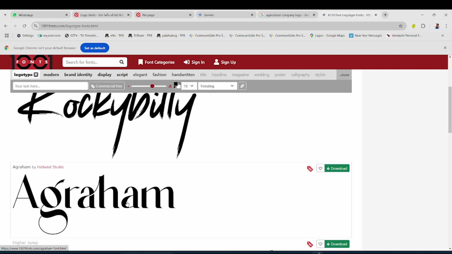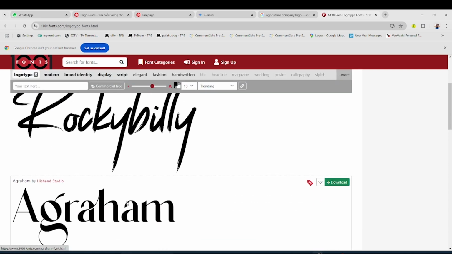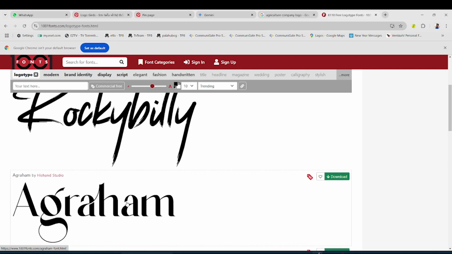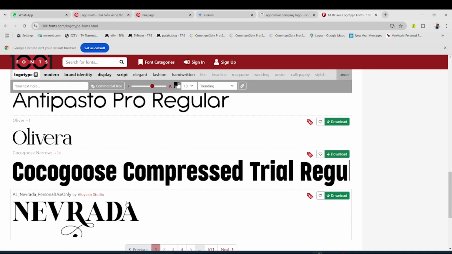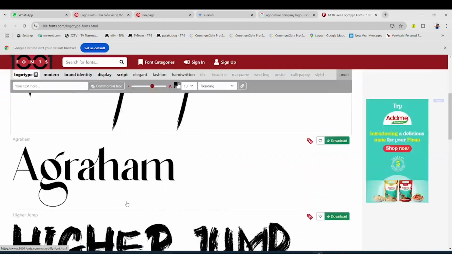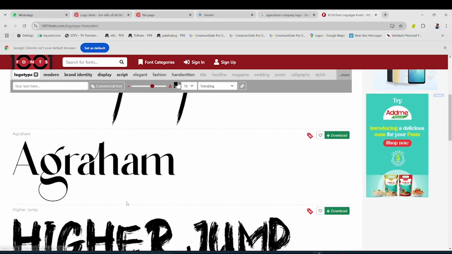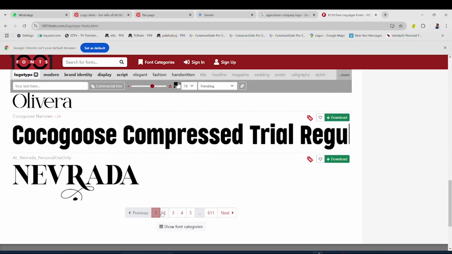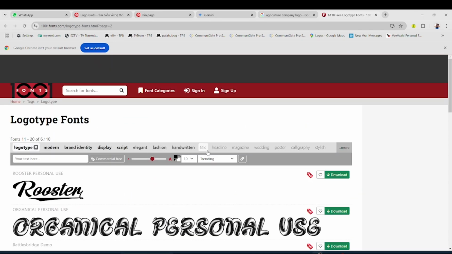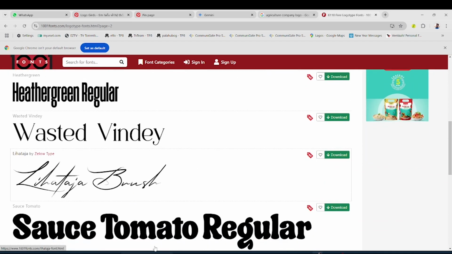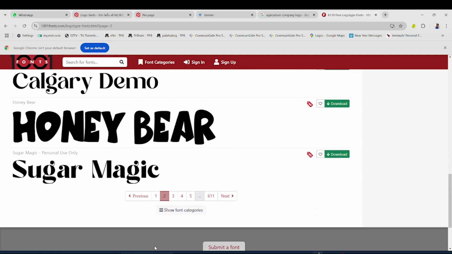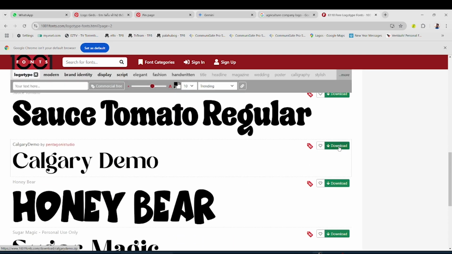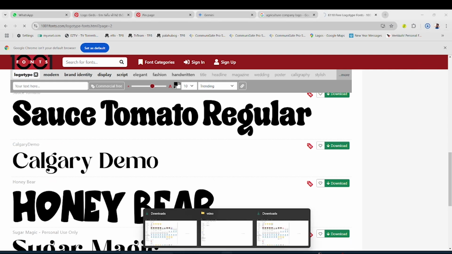Okay, this is some fonts. I just typed logo fonts, and then this is font Olivera. Okay, let's check next. Now, there is no one size fits all. You can decide to download any of them. Now let's say, okay, I want to download this Calgary. Yeah, let's say I downloaded it and say, okay,